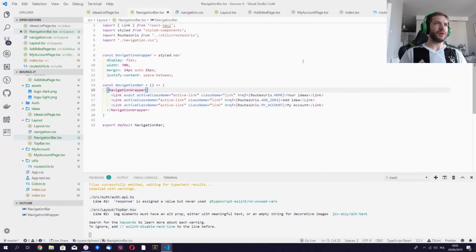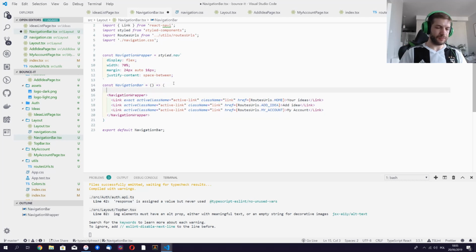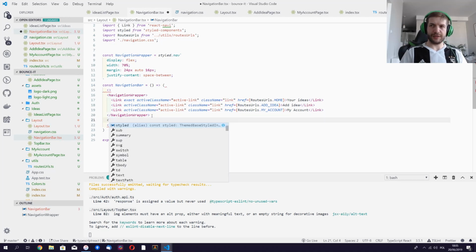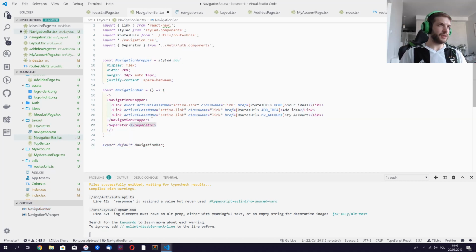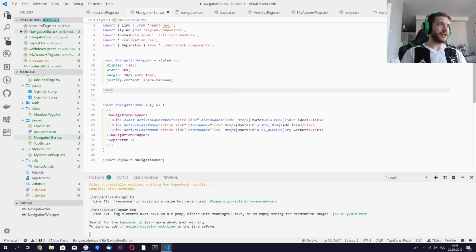Okay, there's one other part that I would like to add, and this is gonna be a separator like here. So I'm gonna wrap it in a fragment here and here. Okay, I'm gonna say display separator here. Okay, and this is gonna be self-enclosing. Okay, so the separator is gonna be styled HR,